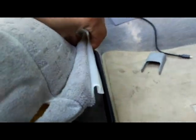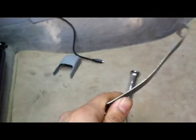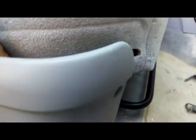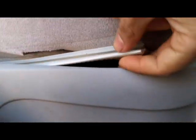Just pry all this out. These are the hooks that I told you about, that you will need to pry this out, something like this. One in the front, two on the sides. So I pried everything out already right here,